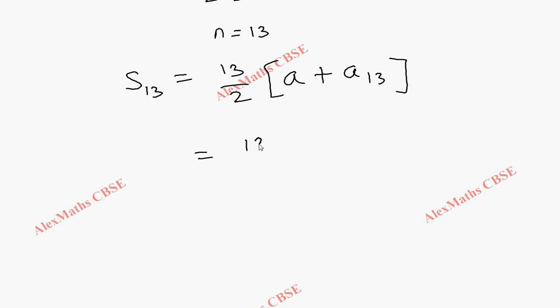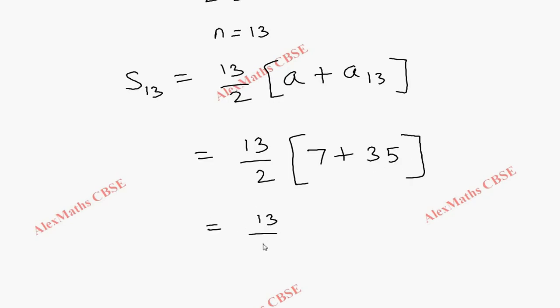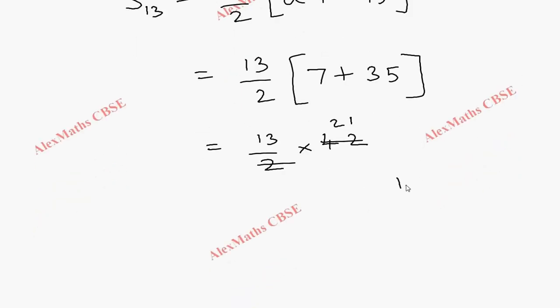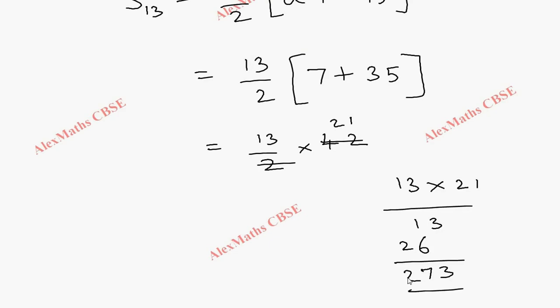So this is 13 by 2 into (7 plus 35). After adding this, we get 42. So 13 by 2 into 42. We cancel this. This is 21. We are going to multiply this 13 into 21. So 1 time 13 is 13, 2 times it is 26. So it is 3, 7 and 2. So the value of S13 is